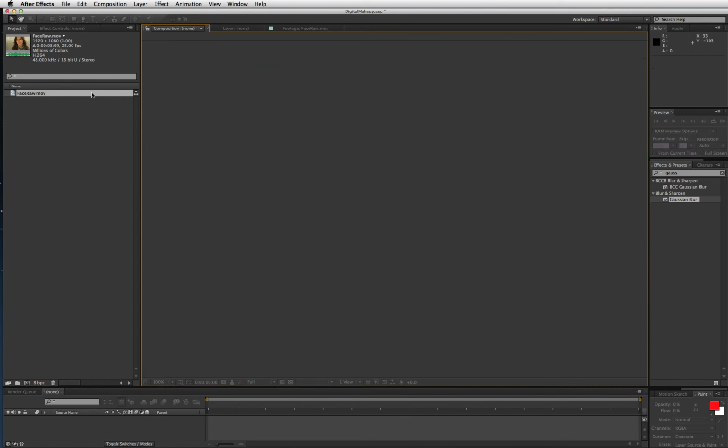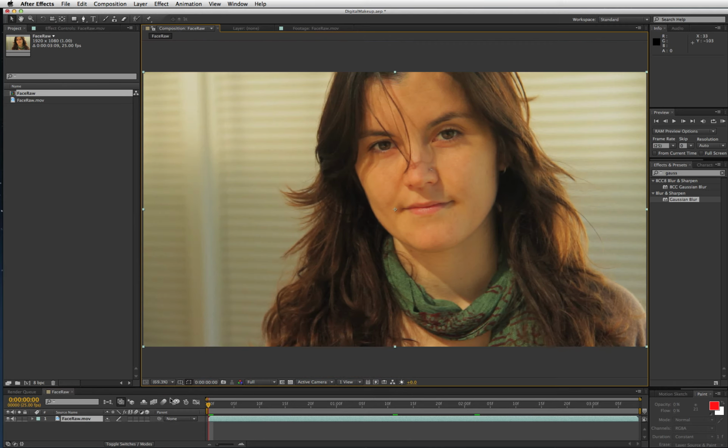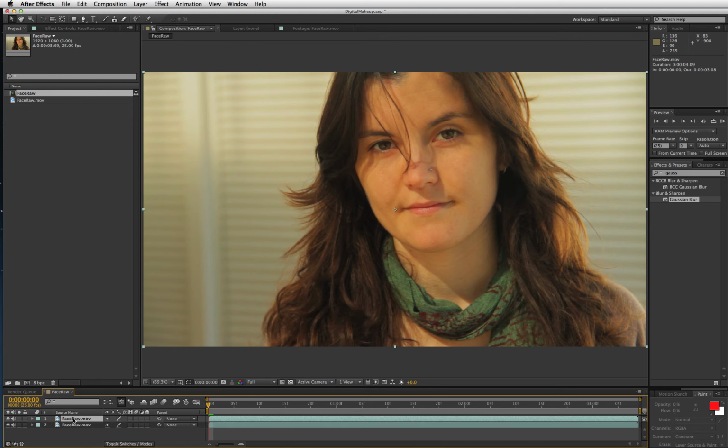So start by dragging Face Raw to the Create New Composition button, and I'm just going to set this to fit up to 100%. Now what we can do is key out the skin and blur it, but first of all I'm going to put a mask around one of the layers so that we're not having to key the whole layer. It just keeps things a bit simpler. So I'm going to duplicate this layer and name the top one Skin,